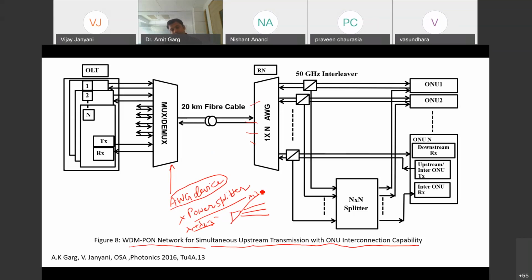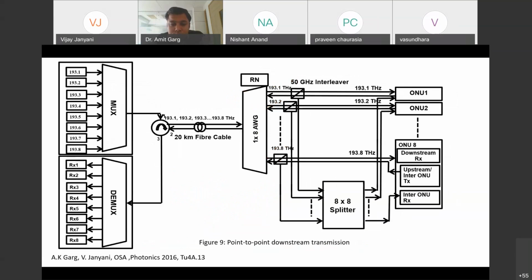It will have lambda 1 plus lambda 2 and so on. This will also have lambda 1. Of course, power level will be reduced. It will be reduced by n. But all the paths are having all the wavelengths. Whereas in this AWG device, it is not so. It is like this, that if you have here lambda 1, lambda 2 and lambda so on, lambda 1 will be going here, lambda 2 can be routed here, lambda 3 and lambda n and so on. So let us now see how this configuration is working.